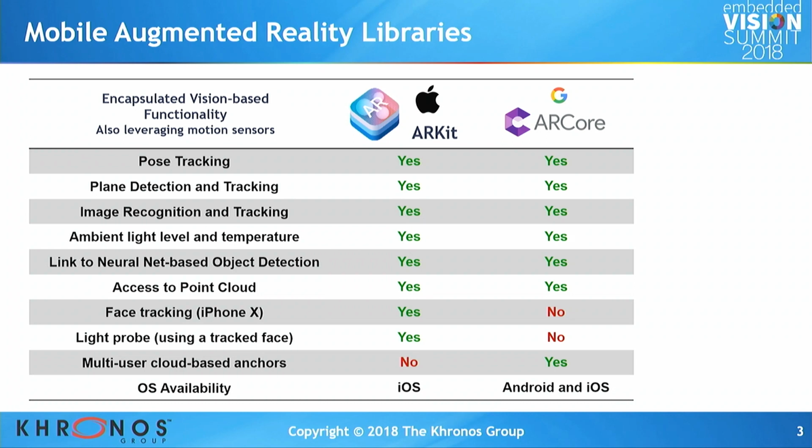It's very confusing. They're the wrong way around. The Apple one should be AR Core, right? It's the wrong way around. Anyway, they're both shipping. They both had multiple iterations, and the functionality is largely the same.